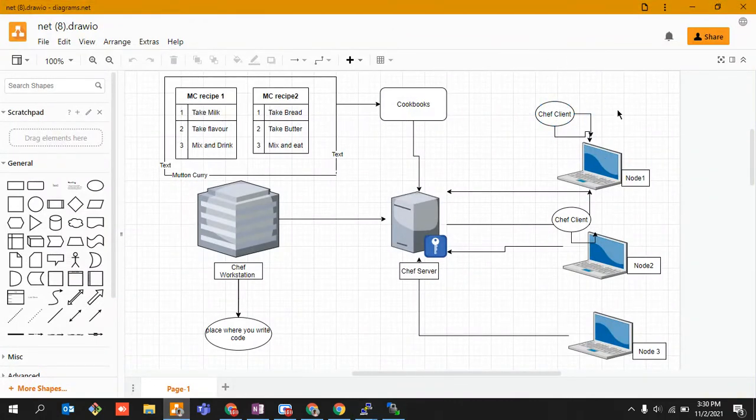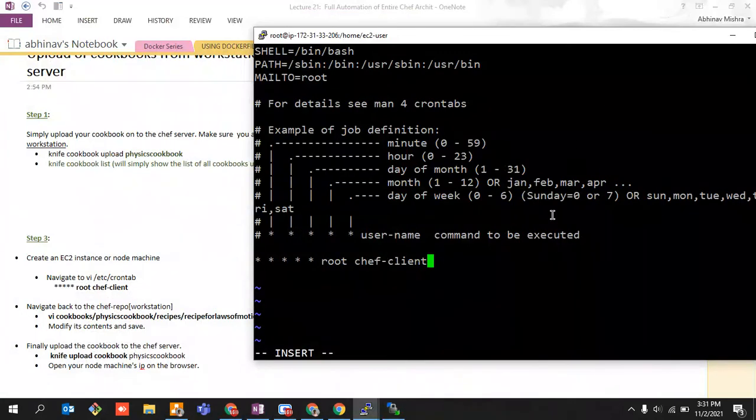So here is the thing that we have been discussing from day one: the chef client will come and check its own machine. If the things are not present in its own machine, it's going to come back over here to the chef server, and it's going to pull that particular code, right? I hope now everything has made some sense at this point of time, right? So now it will do some sort of automation.